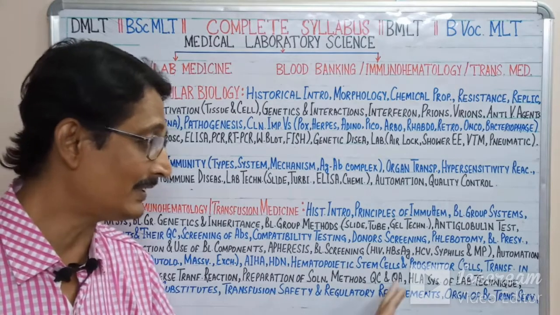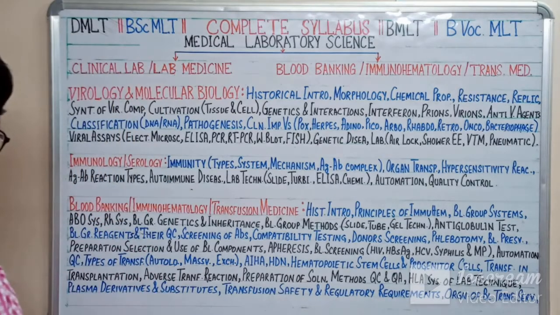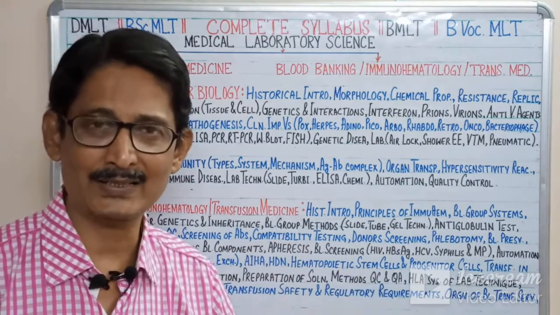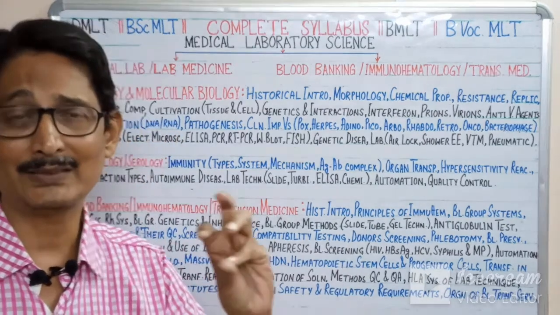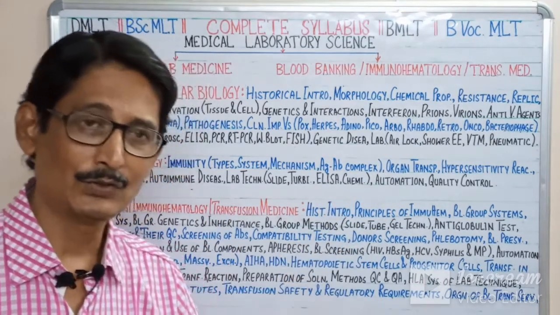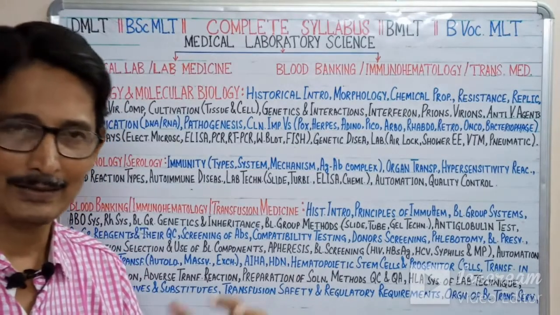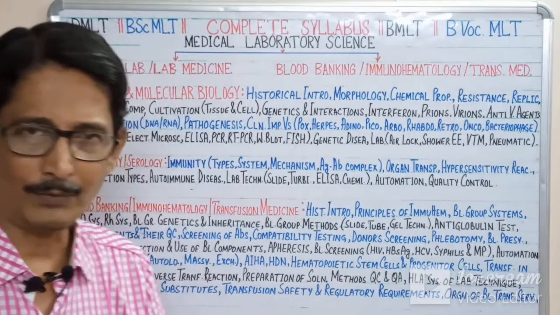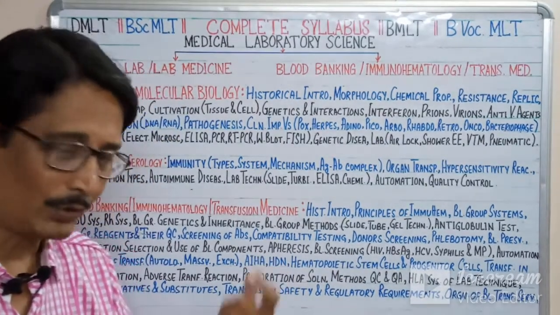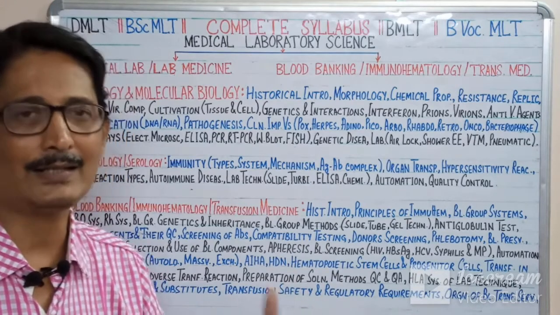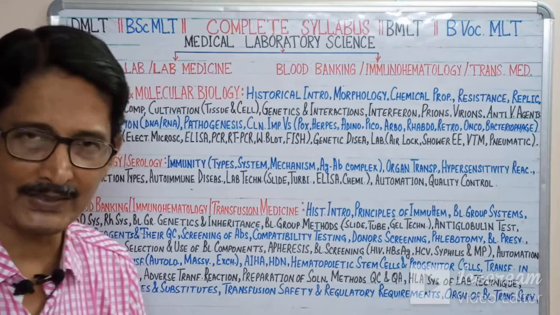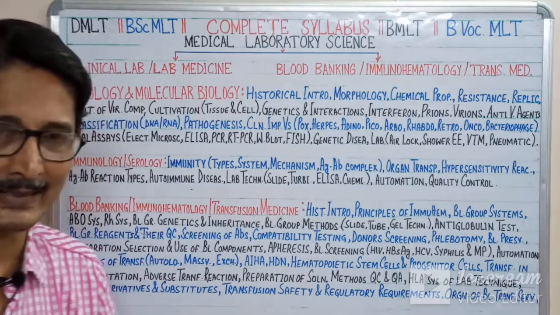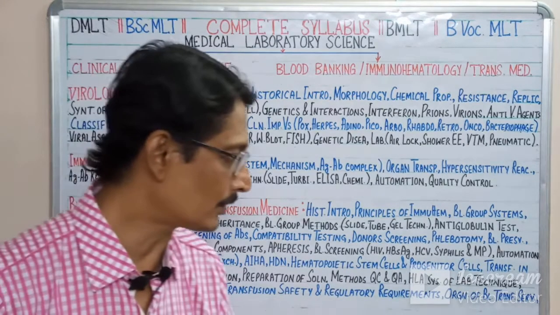Now the transfusion safety and regulatory requirements. When your blood is going to be transfused to a patient, the blood has become a drug for that patient. So after donation, the blood bank regulatory authority is the Directorate of Drug Controller. Another regulatory authority is the State Blood Transfusion Council, SBTC, and another for HIV surveillance is NACO, the National AIDS Control Organization.